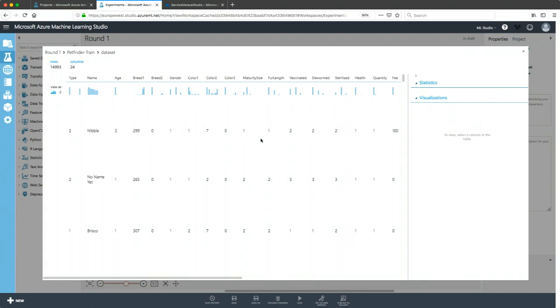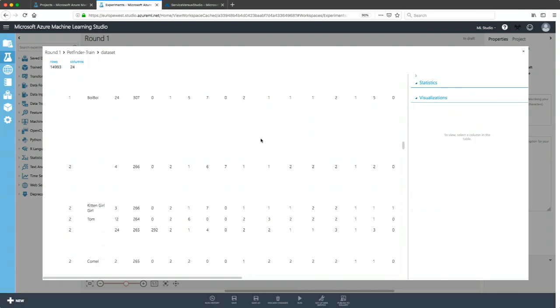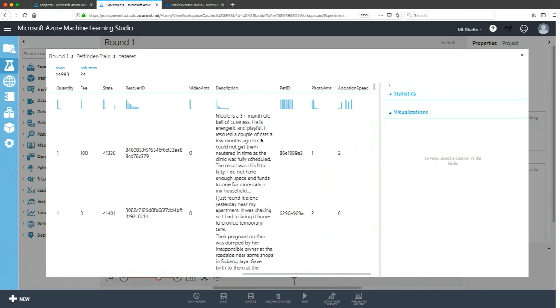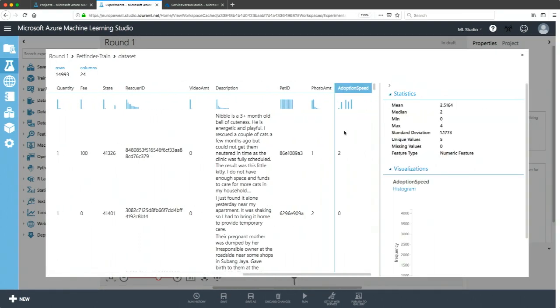I'm going to use the visualizing capabilities of Studio. This is the exact data set that we've seen earlier, only with the entire number of columns. I'm sure this isn't exactly visible in the back, but we can see here that it has a column called adoption speed with various numbers. If we predict an adoption speed of 0, it means it's adopted on the same day as it has been posted on the Petfinder website in a shelter. If it's 1, it's in the same week. If it's 2, I think it's in the same month, and so on and so forth.